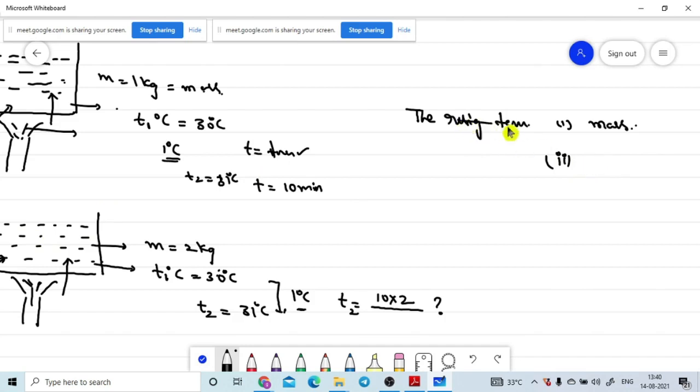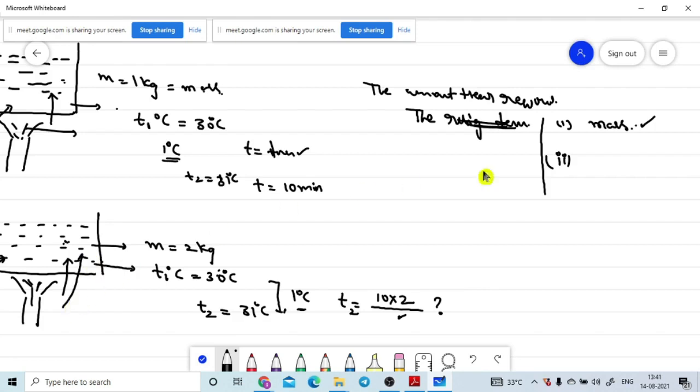Sorry, not here. The amount of heat energy absorbed. See, here is the amount of heat required. This is the point. The amount of heat required will depend upon the mass of the system. That means if you are taking a huge amount of mass and running this experiment for a long time, we are giving more heat energy to the system. Is it correct or not?